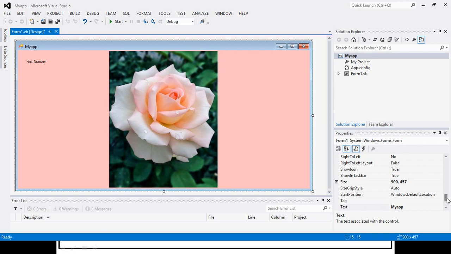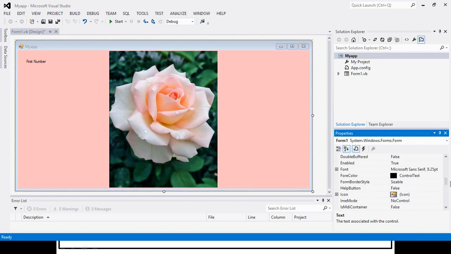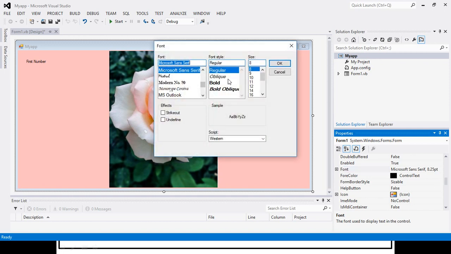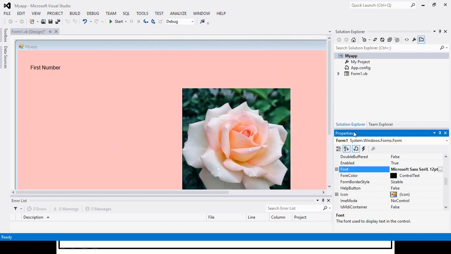We can also change the font style, font size, color of that label text. So that can be done from here. Suppose I change the size to 12, so that it will display in this way. Okay. Now you can also change the color, instead of black, to any color that you want. So I will not change. I will take another label.